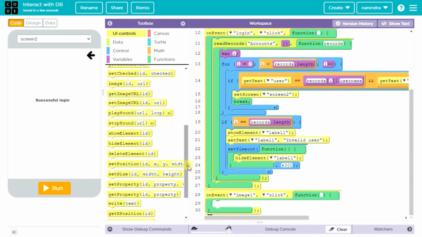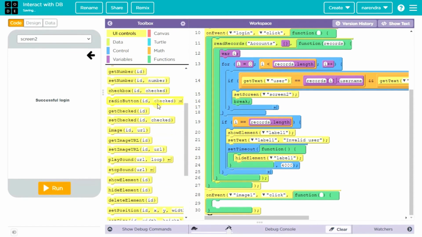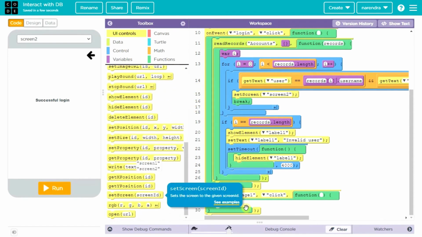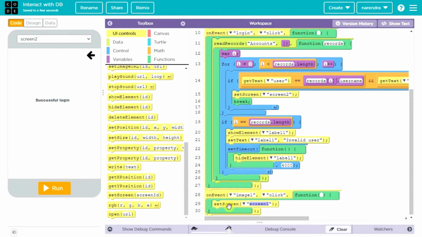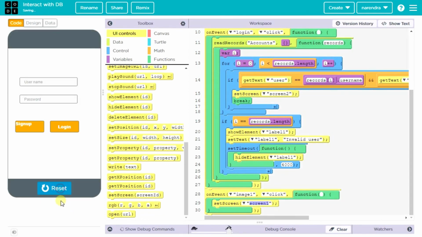So choose set screen, drag and drop here, choose screen 1. So once I click this back button, whose ID is image1, it has to go back to the first screen. That's it. Let's run this again.